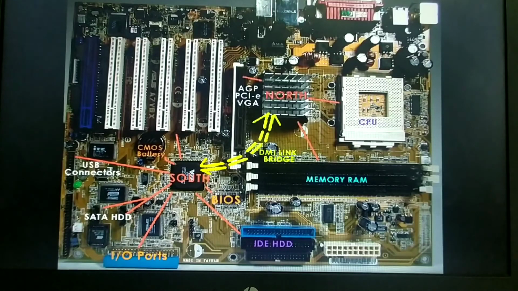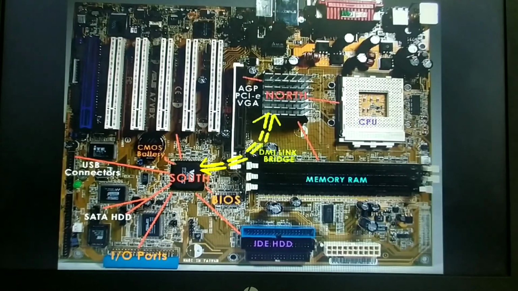Through the small computer system interface port we connect those, because SCSI provides a faster data transfer rate for input output operations. Input output operations means reading and writing contents to your CPU, for which we use this SCSI port.